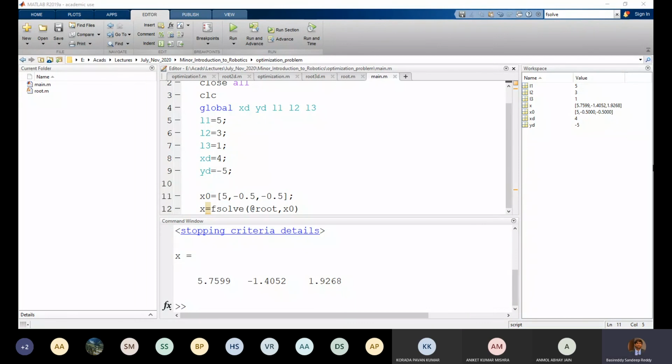All right, just go and try this at home. Pick any set of nonlinear equations and try this method for other nonlinear equations also.